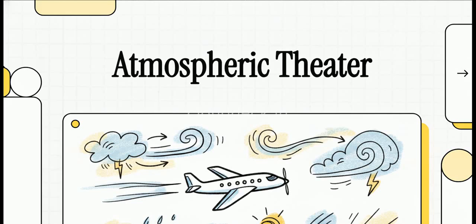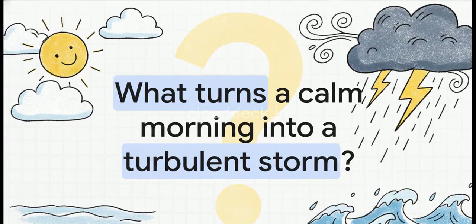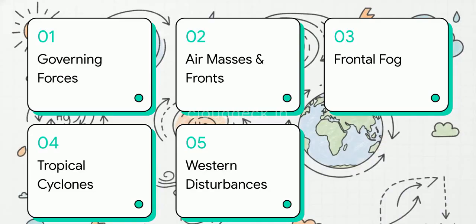We're going to break down the grand atmospheric theater playing out right above our heads and see if we can make sense of the whole shebang together. I mean, really think about it. What turns a perfectly calm, beautiful sunny morning into a chaotic, turbulent storm in just a matter of hours? It can feel completely random, right? But the fascinating part is that it's actually a highly predictable physical struggle between colossal bodies of air. And once we know what to look for, I promise you, we'll never see a weather forecast the exact same way again. Okay, let's dive right into this.